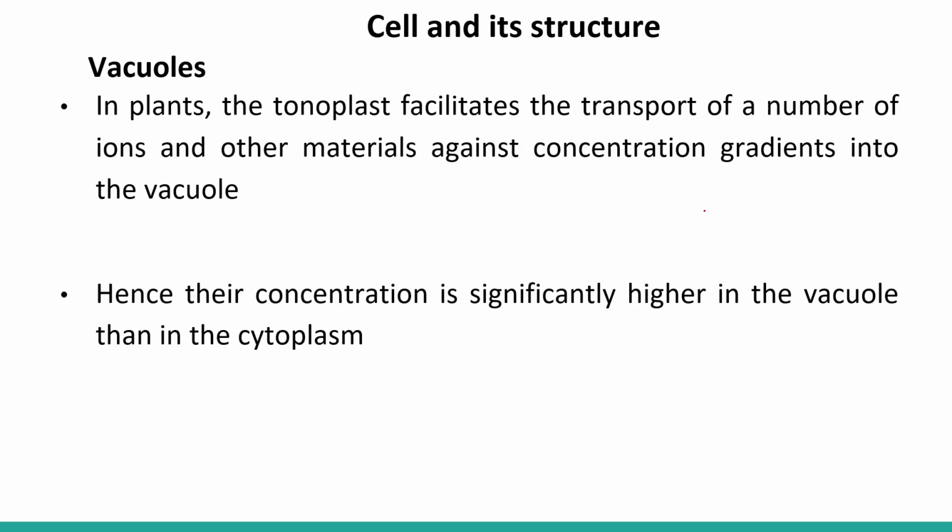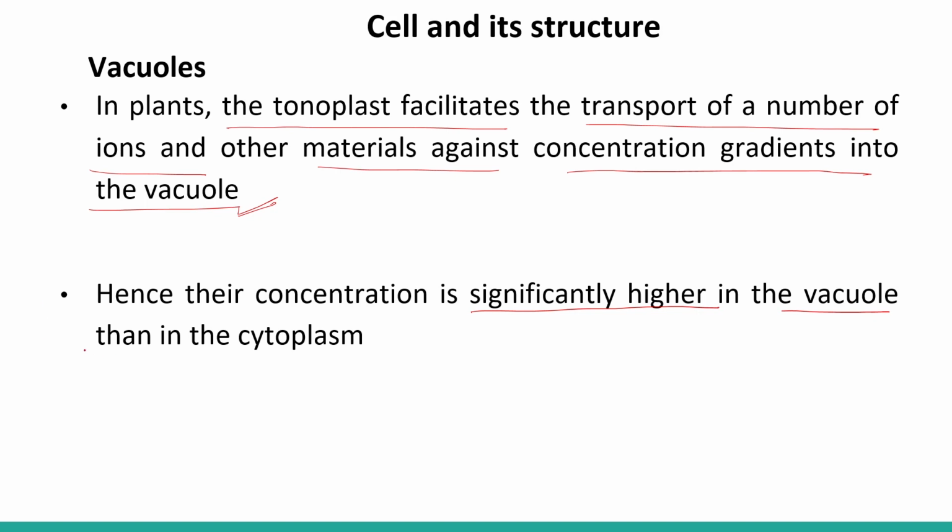Okay. So in plants, the tonoplast facilitates the transport of a number of ions and other materials against the concentration gradient into the vacuole. Hence, their concentration is significantly higher in the vacuole than in the cytoplasm. So all the extra material which is not required by the cell gets stored inside the vacuole, and that too against the concentration gradient,